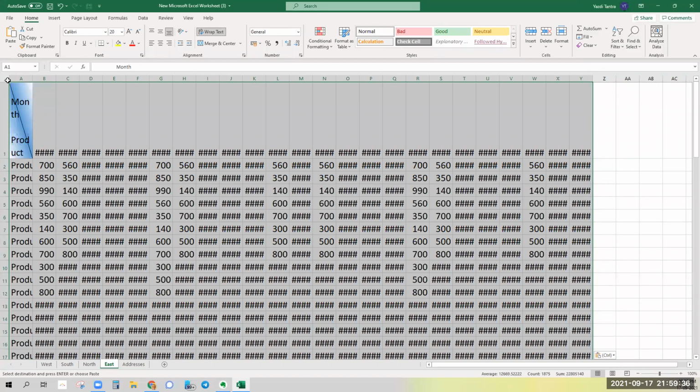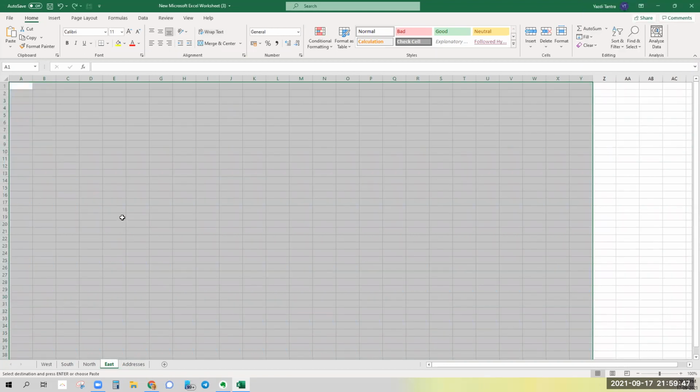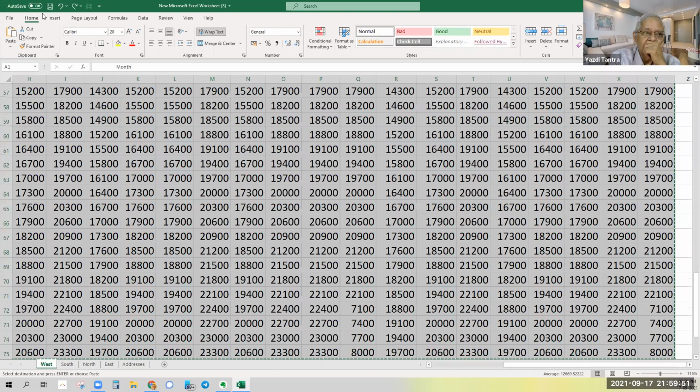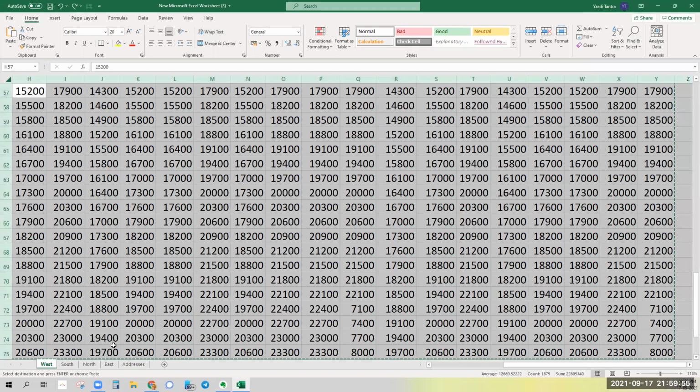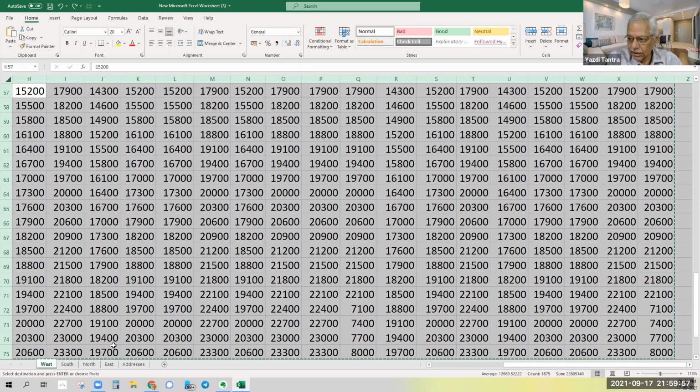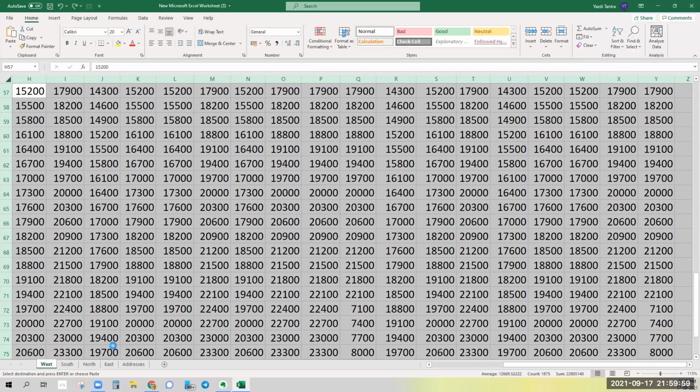But that's because you've been pasting the same thing. Go back to West and do the same thing there. Select that triangle there, and do a copy, Control C. It's already highlighted, Control C. Then come to East now.